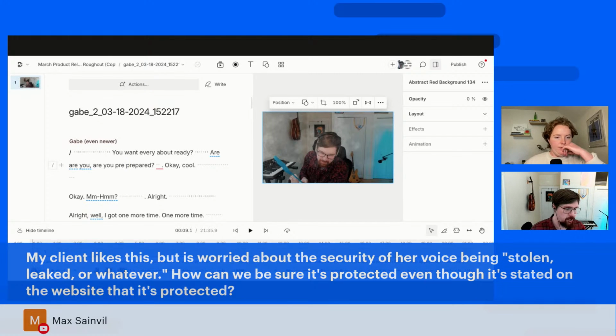There are some stipulations for like research and engineering, but the use cases are very limited and we are legally restricted to those use cases. So for full details, I'd go to terms and conditions and just search AI speakers and Overdub and those terms, just so you can get like a full breakdown of how we think about this legally. Privacy page as well as TOS. Marcelo correcting me, thank you.